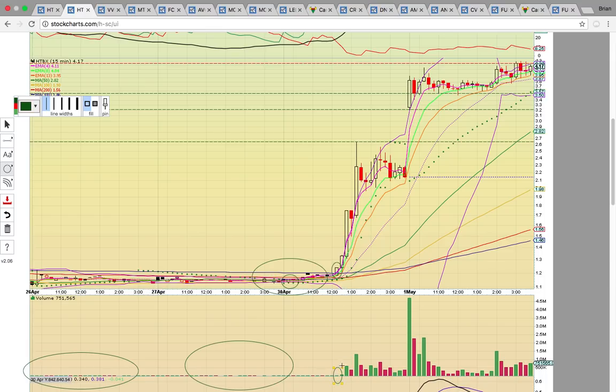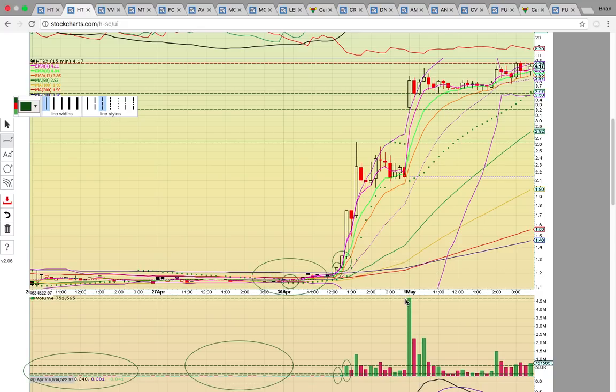There wasn't much volume here, so when this volume spike came in, this was your clue. Okay, finally there's volume coming in, and it broke above the moving averages. Okay, it's showtime, and so people loaded up. And then today, what you have to watch out for is there was this giant volume spike at the beginning, so there's the big gap up followed by the volume spike, and then